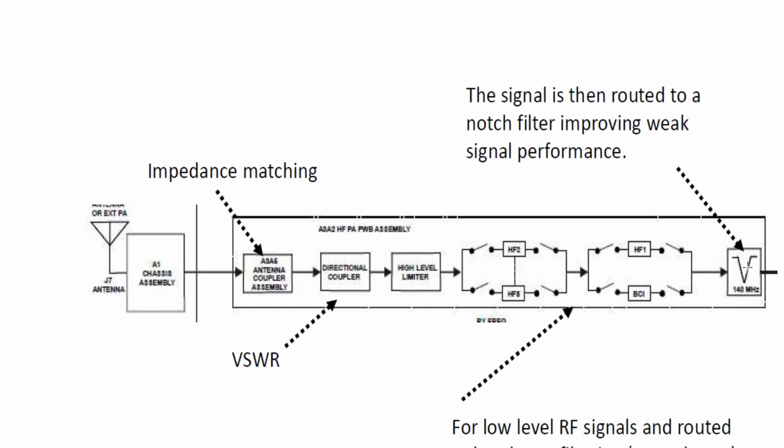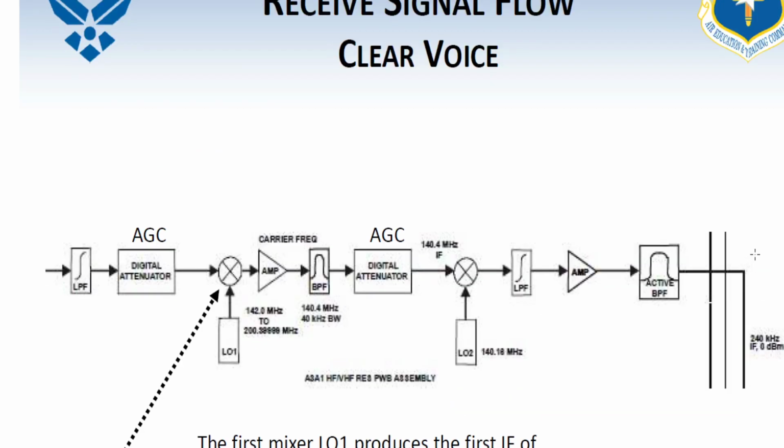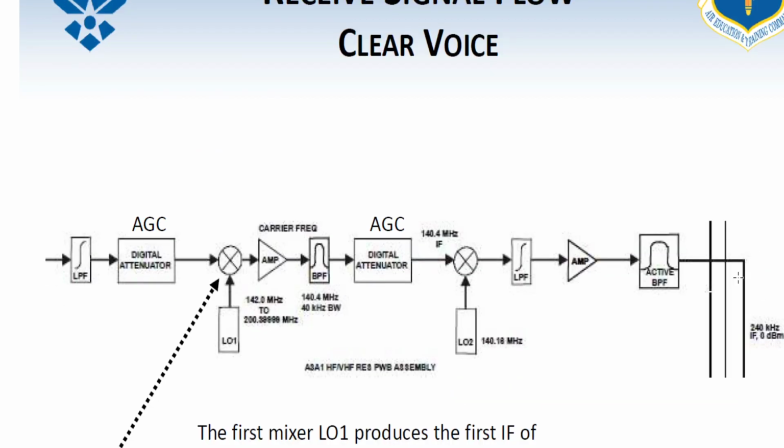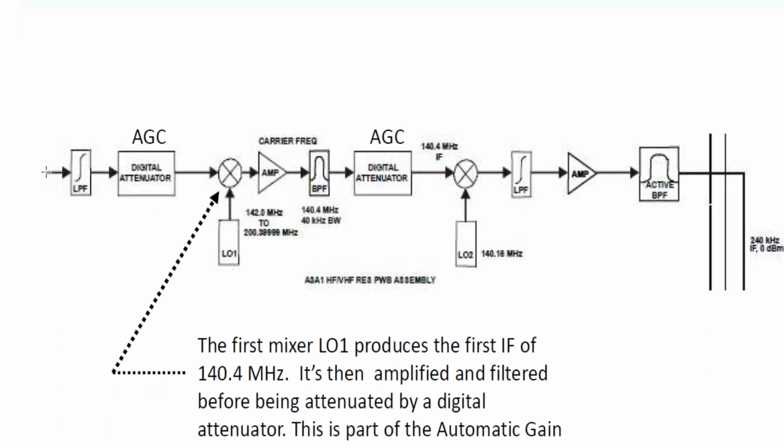Like I said, we want this 140. So this is acting like an amp, but it is not an amp, right? Because this is where the final PA was located in the previous section on the transmit side. So it's acting like that, but it is not an amp. All right, after we go through there, we go through our low pass filter, our digital attenuators, which now do